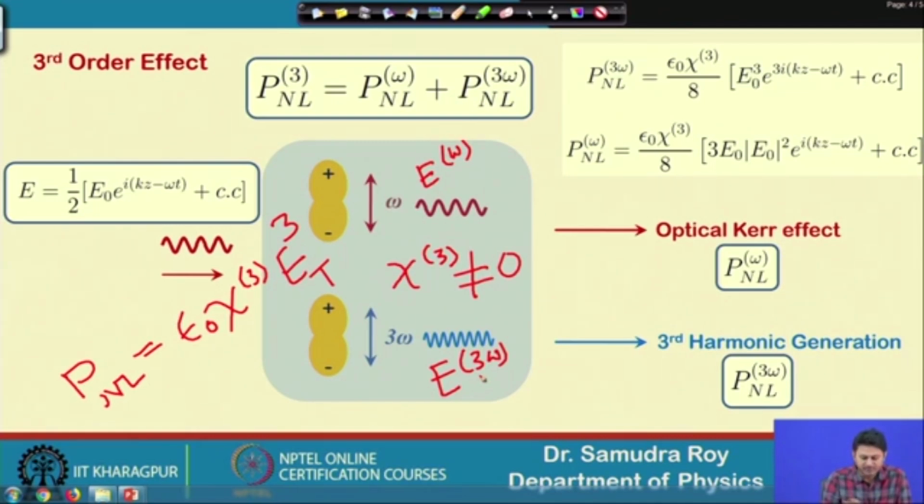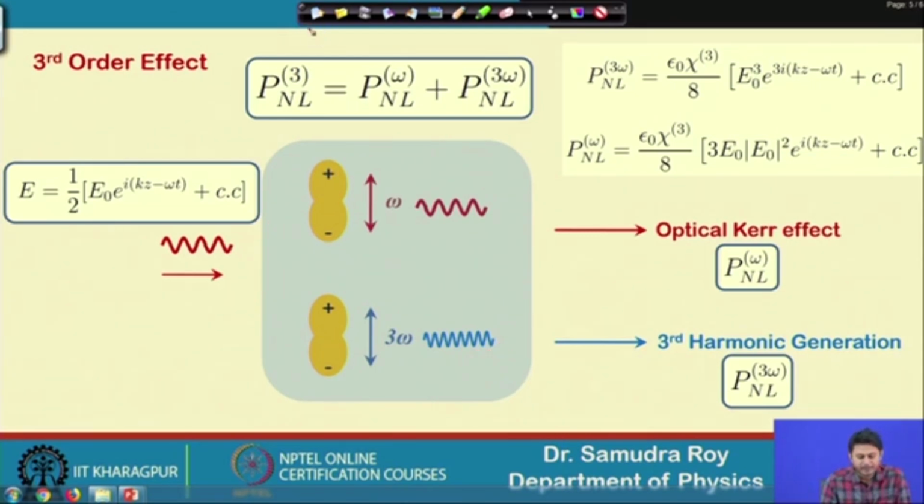So, these two frequencies are going to mix up and will generate something, we will see that. But even if I launch an electric field E, then the nonlinear polarization can be written in two terms. The first one is this, which is going to vibrate at 3 omega frequency as mentioned earlier, and the second one is this, which is going to vibrate at frequency omega. The first one will give rise to the optical Kerr effect, this is a source term for that, and P nonlinear 3 omega will give third harmonic generation, because it